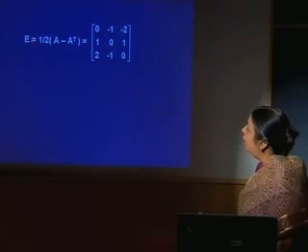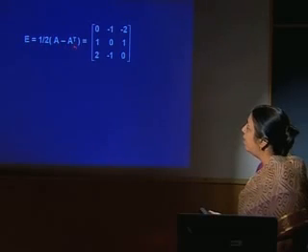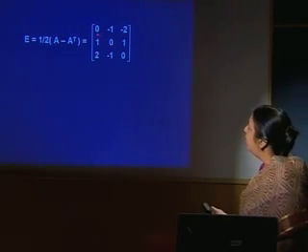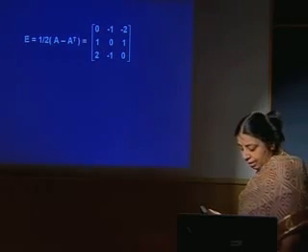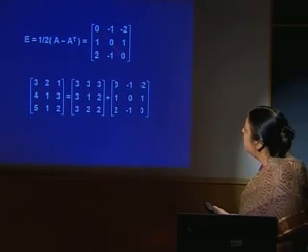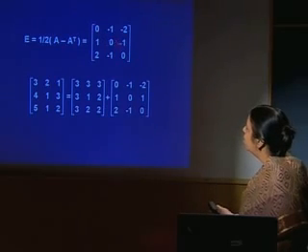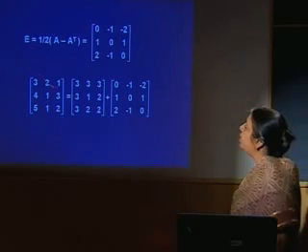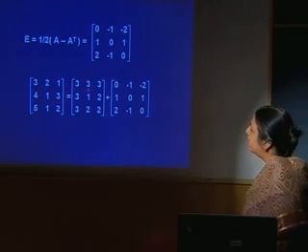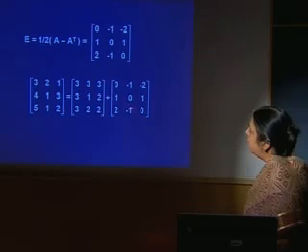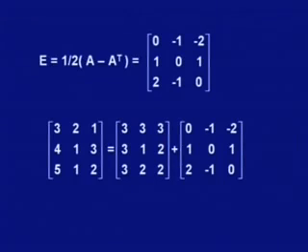Now if we compute the matrix E as half of (A minus A transpose) for the given matrix, it comes out to be this 3 by 3 matrix, and one can note that this matrix is skew symmetric. This is -1, so this is 1, this is -2, so this is 2, this is 1 and this is -1, and the diagonal elements are all 0. So this is a skew symmetric matrix. So I have written the square matrix A as this symmetric matrix plus this skew symmetric matrix. So any square matrix can be written as a sum of a symmetric matrix and a skew symmetric matrix.